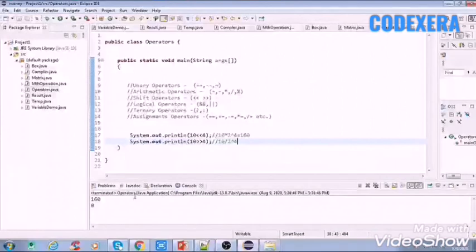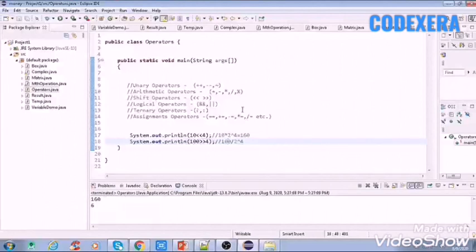Here it is saying that the output is 0, because 16 is greater than 10 and it will divide it, so we'll get a 0 because of this sign. I will take some bigger number, that is 100. Now we'll see what the output will be. Now here we are getting 6, because 100 divided by 16 gives 6 as the output.